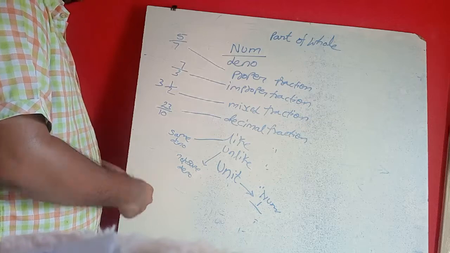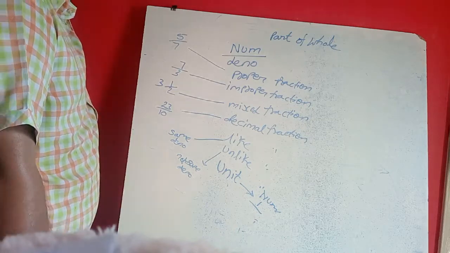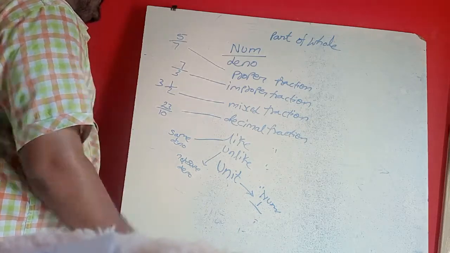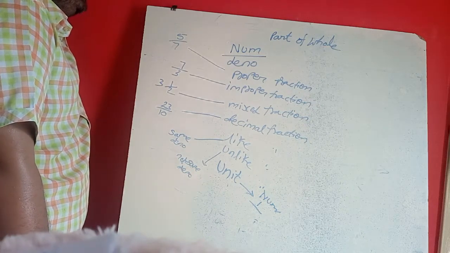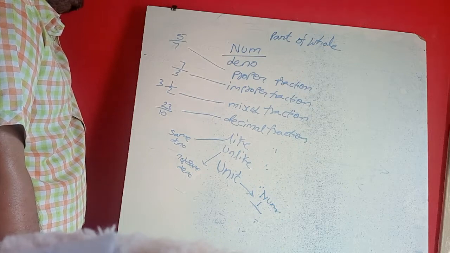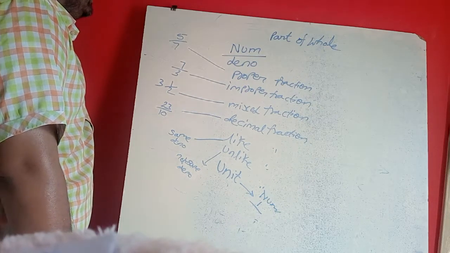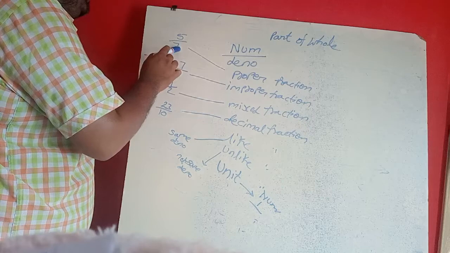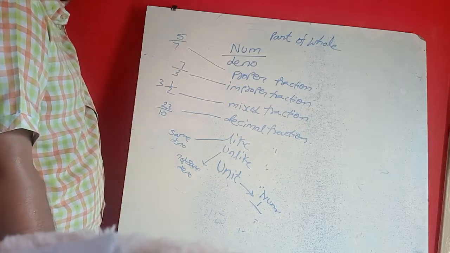These are about the fractions. In this class we are doing fractions, the same as with rational numbers. We are doing multiplication and reciprocals of a fraction. Reciprocal, as I said in the previous chapter, means inverse, taking the reverse. That means 5 by 7 will become 7 by 5. That is called the reciprocal of a fraction.